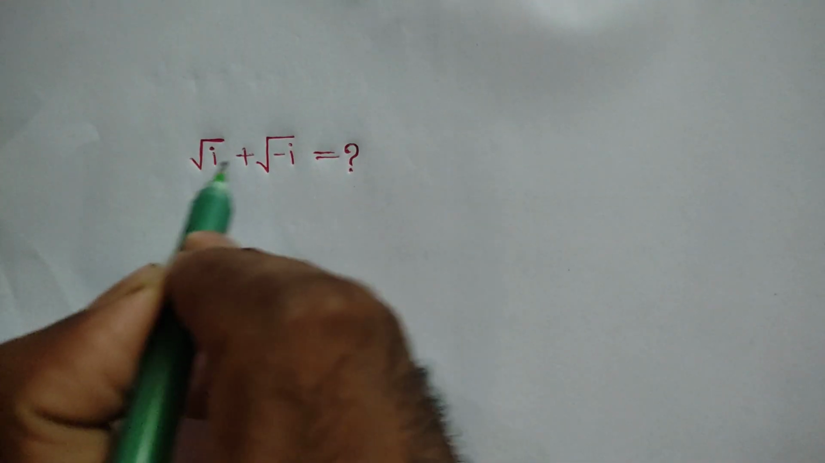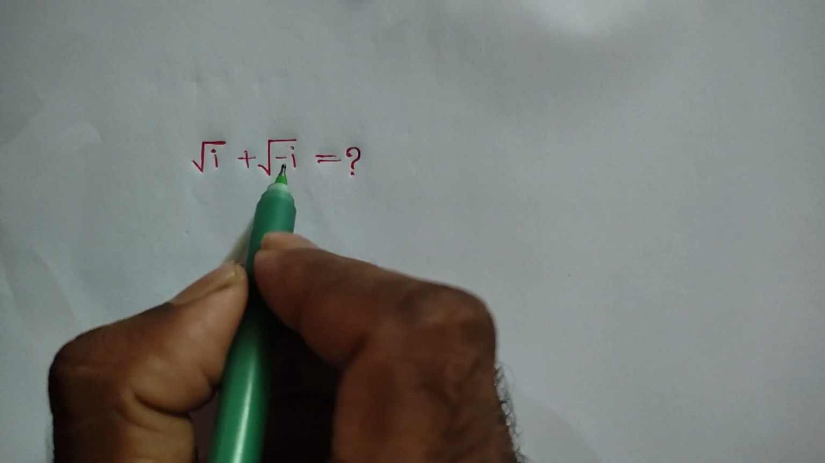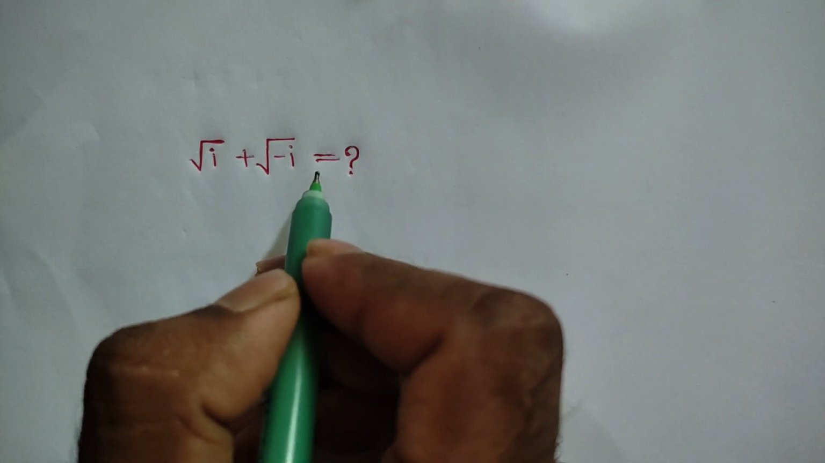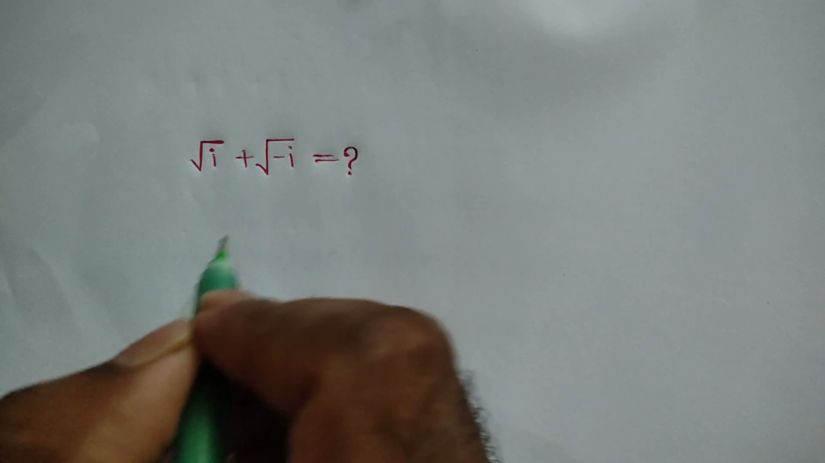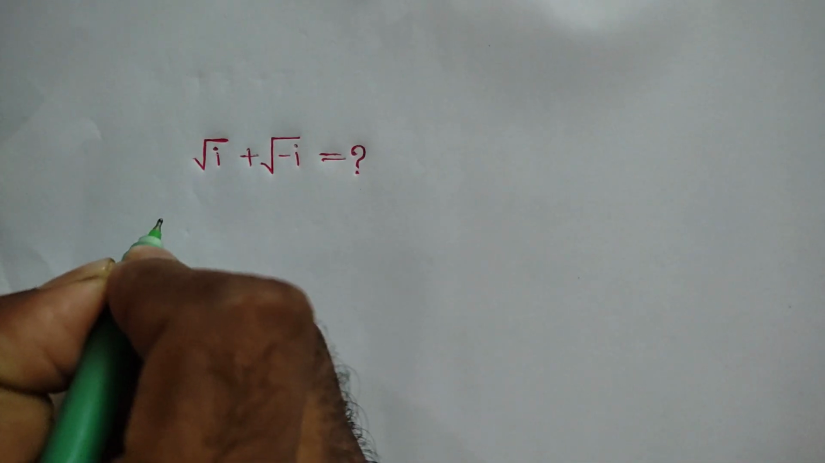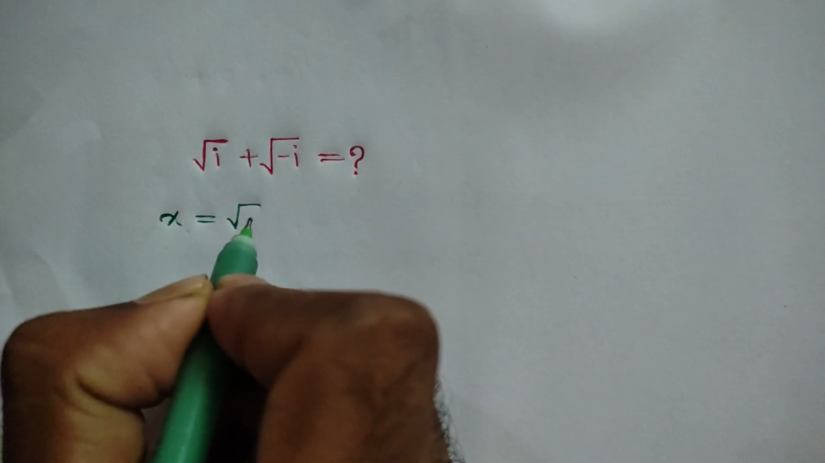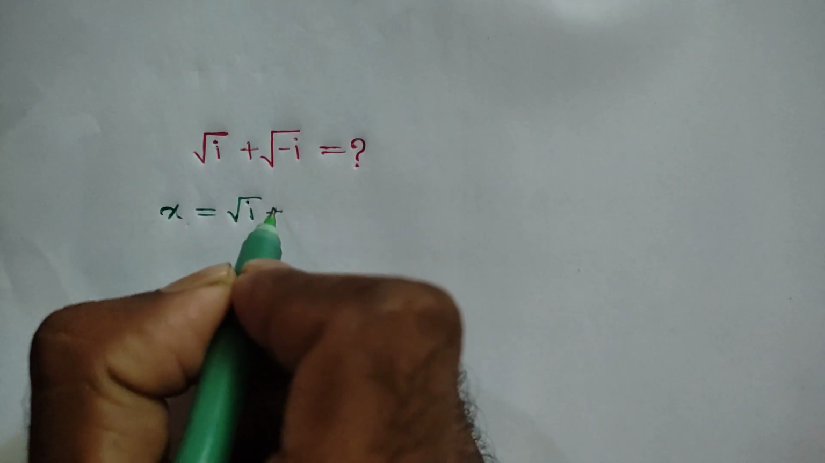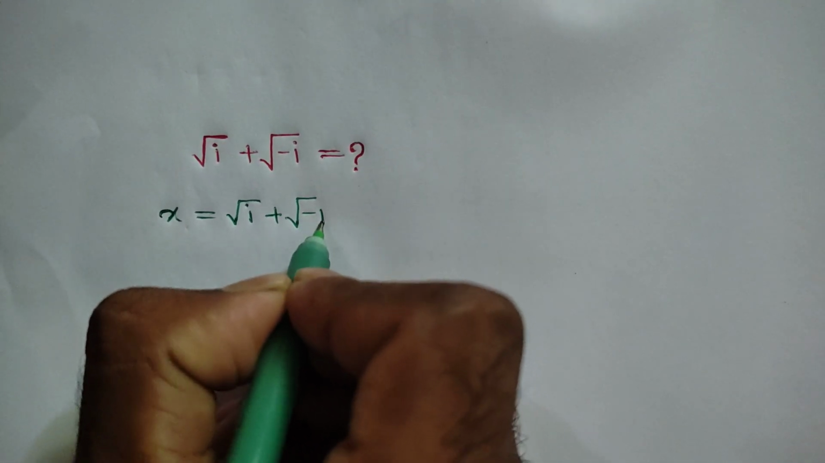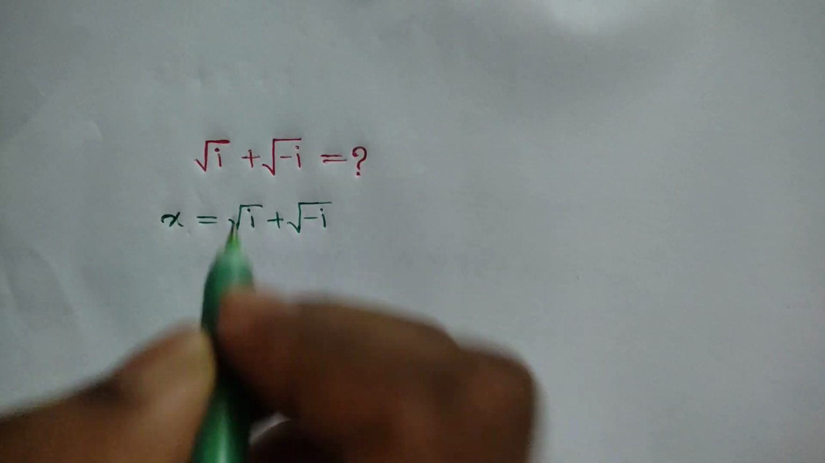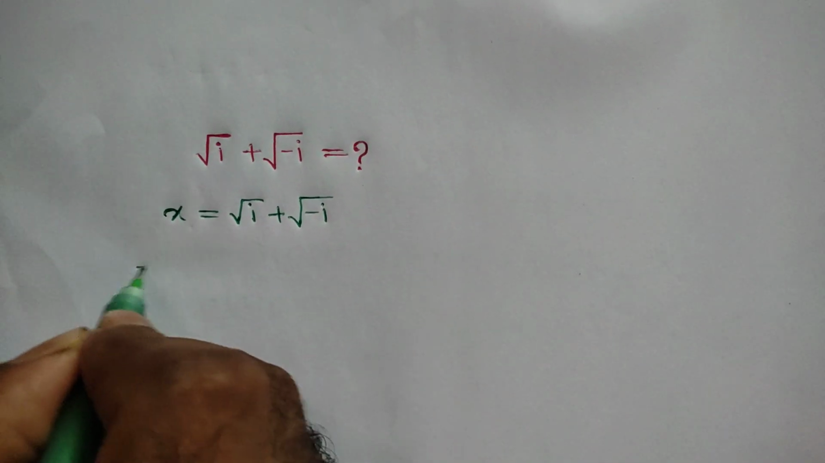Hi everyone, in this video I am going to show how to find the value of square root of i plus square root of negative i is equal to what, where i is an imaginary number. Let's consider x is equal to square root of i plus square root of negative i,